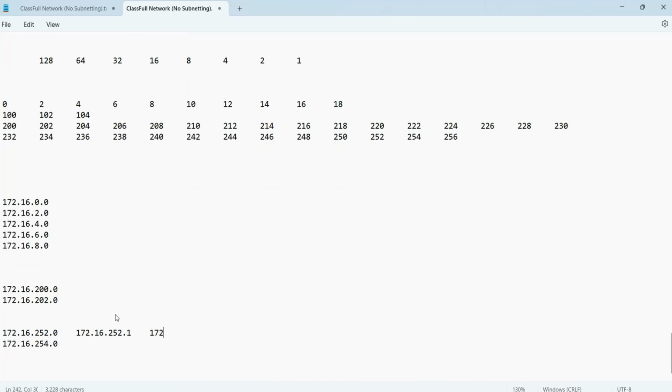172.16.252.1. Last host? What is the next network? 254.0. So 253.254 is the last host. All right. And then 253.255 is the what? Broadcast. What's the number after 253.255? 254.0. And this one will be